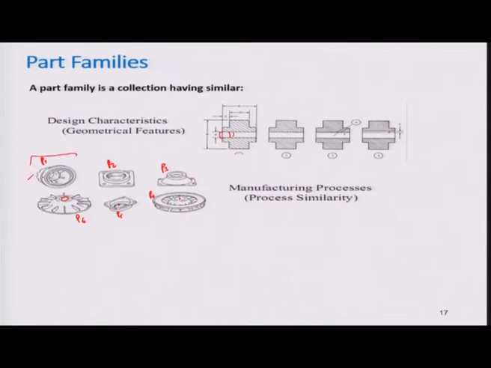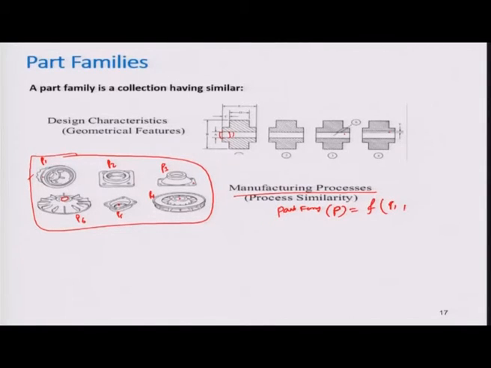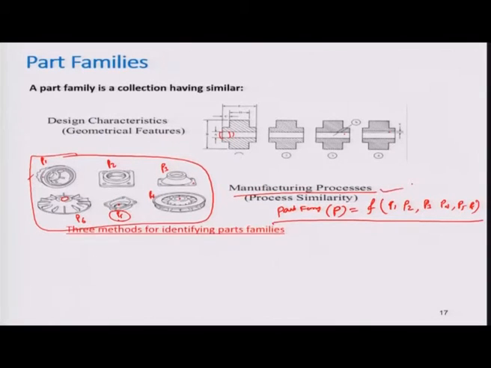So these parts are grouped together on the basis of manufacturing process. So this is the part family, equal to a function of P1, P2, P3, P4, P5, P6. On the basis of your operation, drilling is required in each part, so that's why you have clubbed them together on the basis of manufacturing process.